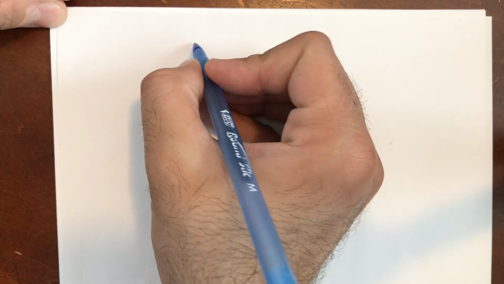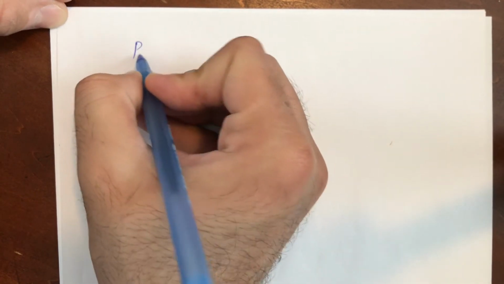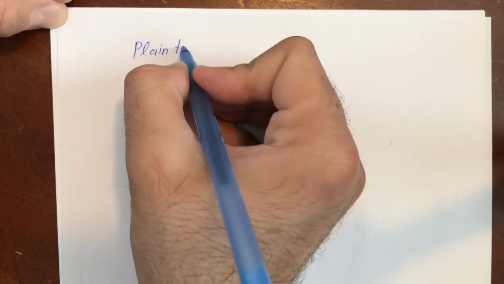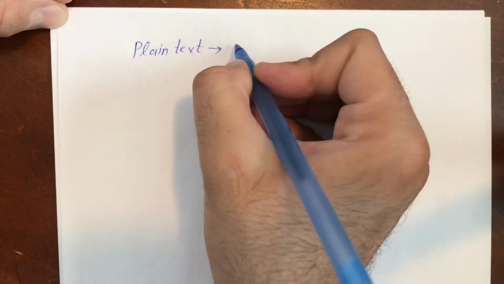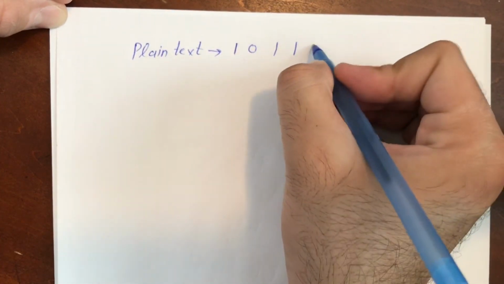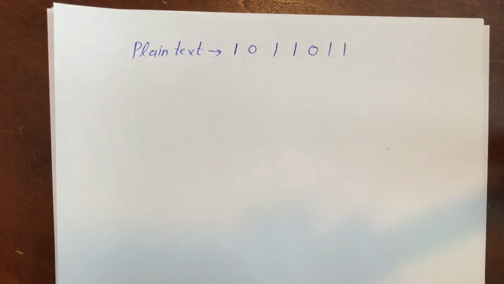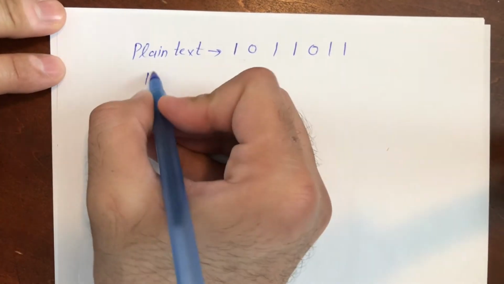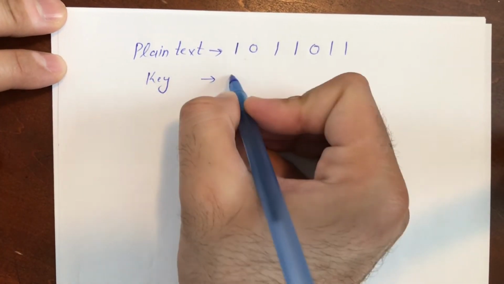Now let me just give you an example from digital cryptography. As you know, we don't use A, B, C, D, E, F, G and all that stuff. In our real world, we use digital information. Like we actually transmit plain text, or the original message, which could be, let's say, 10111011, something like that. And the key will be again of the same form. Key could be, for example,